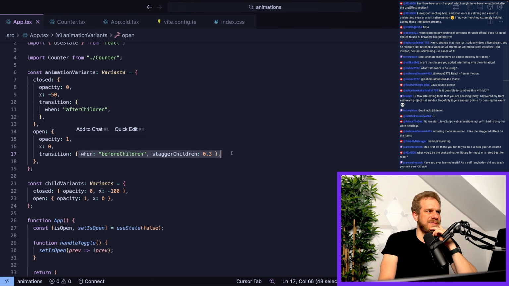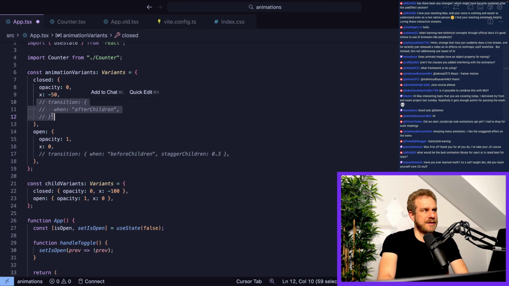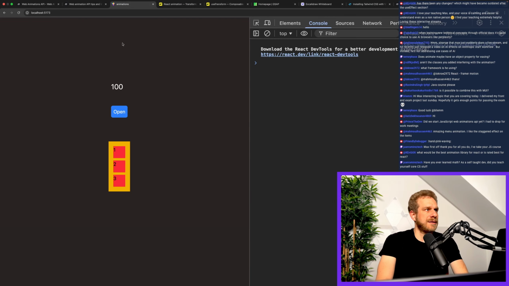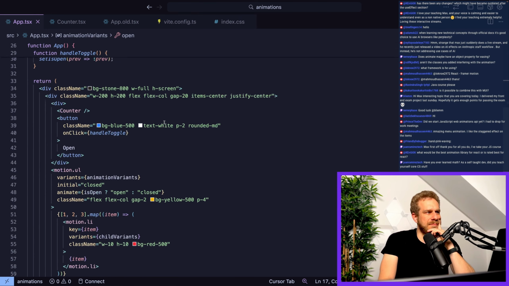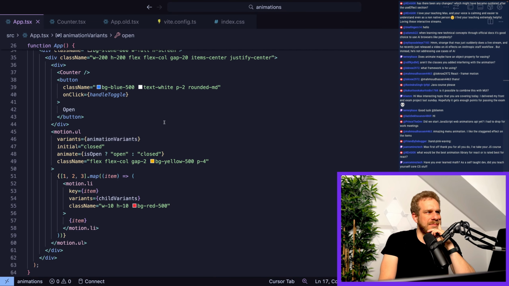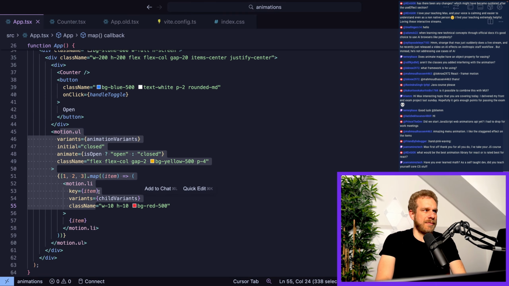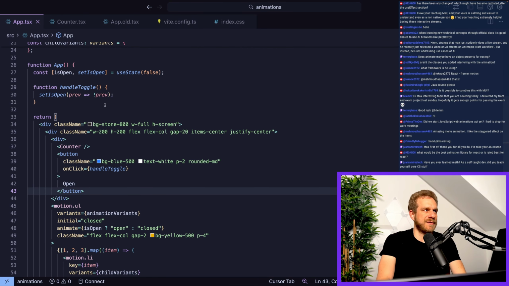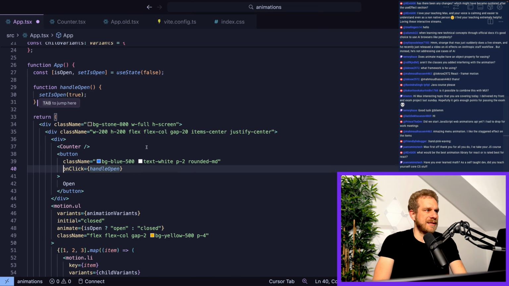Probably related because of this setup. So if I would not have this, it's still animating. Okay. Yeah, I know what the problem is. These elements are always in the DOM. They are never removed. So, yeah, that's the thing. So if I switch this back to handle open, and this is true, and like this,